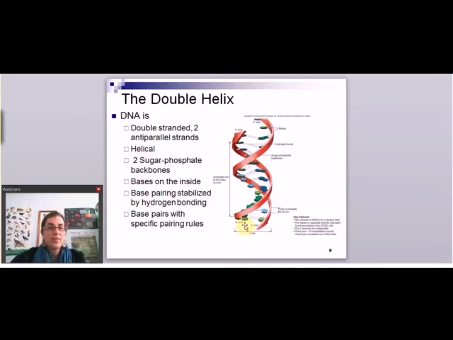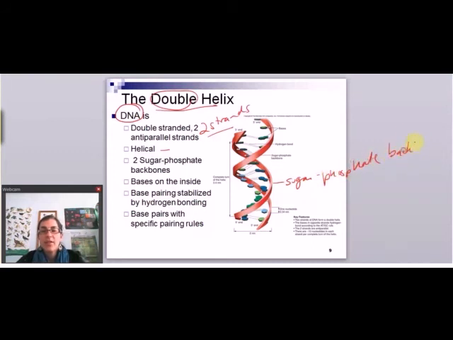The three-dimensional shape of DNA, and this is for DNA only, okay? RNA is not going to do this. DNA takes on something called the double helix. The double is referring to it having 2 strands, and the helix is referring to a helical shape, so kind of like a spiral staircase. So the 2 strands will wrap around each other so that the sugars and phosphates are on the outside. And that's the sugar-phosphate backbone. So the red here is the sugar-phosphate backbone. Here's one strand, here's a second strand, it's on the outside.